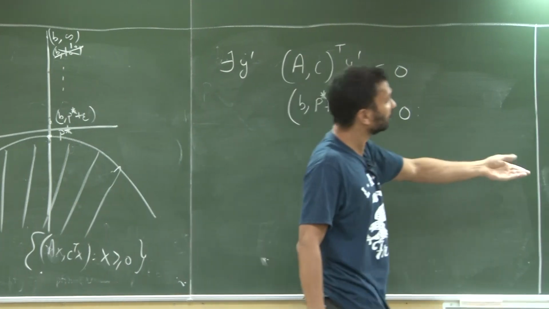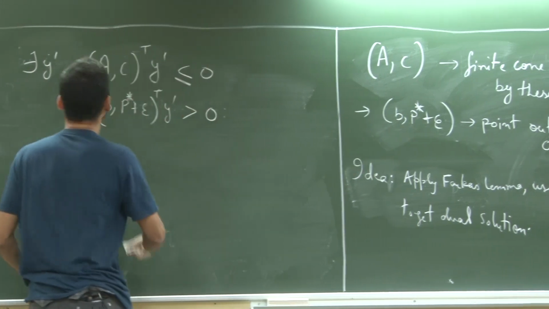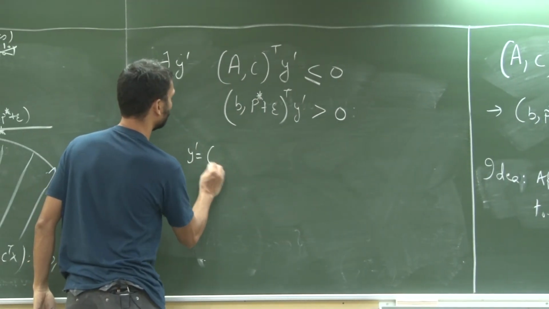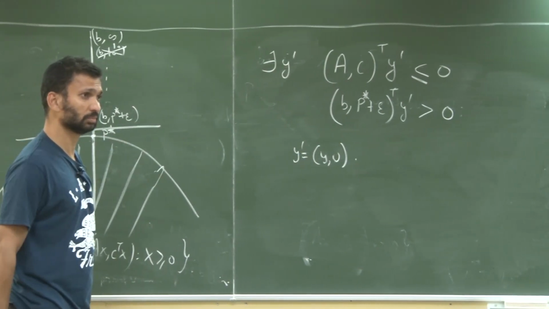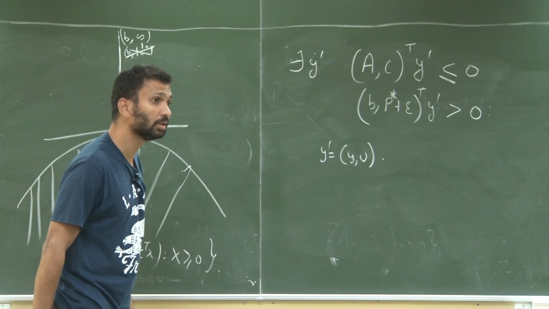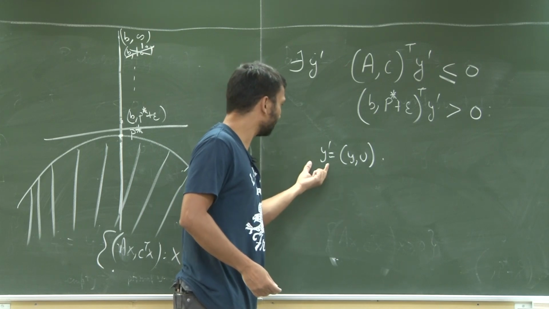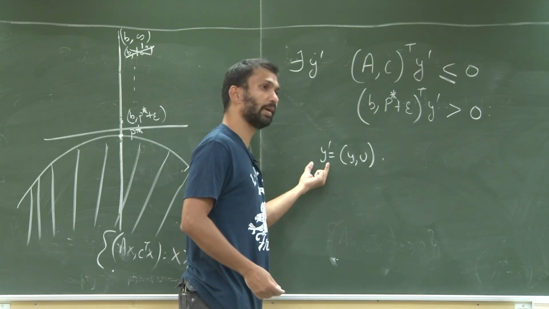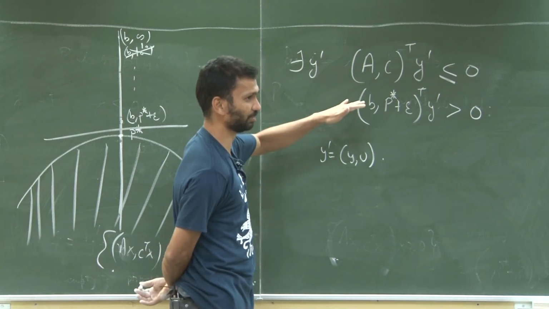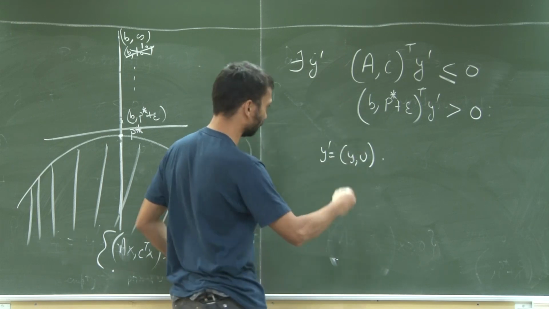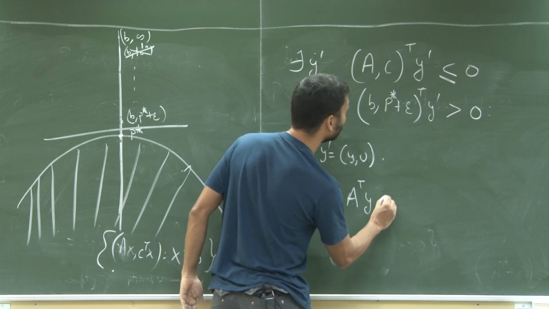And now obviously one of these coordinates is special, right? So I would split it with this special coordinate. So let's assume y prime is y comma u. Sorry? Oh, y is any general vector, I'm just writing the name. I'm calling the first m coordinates of y prime as y, the last coordinate as u. You can check that. It's just matrix multiplication. And I'm going to write it for you. This is going to say that A transpose y plus